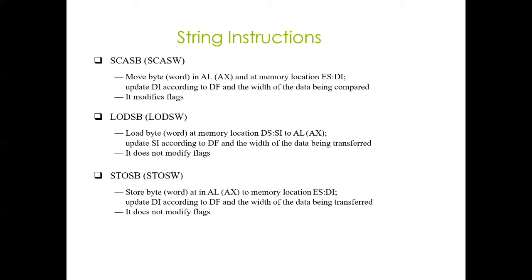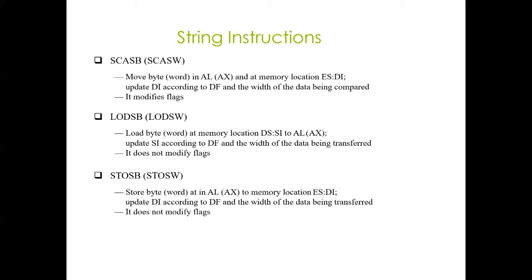After the execution of the instruction, the DI register is automatically incremented or decremented if the direction flag is 0 or 1. This instruction is used with a repeat instruction prefix to compare all the elements of a string. For example, the REPNE prefix can be used when a match in the string is to be searched. When a match is found in the string, execution stops. The CX register is used as a counter. For byte scanning, the SCASB instruction is used. For word scanning, the SCASW instruction is used.